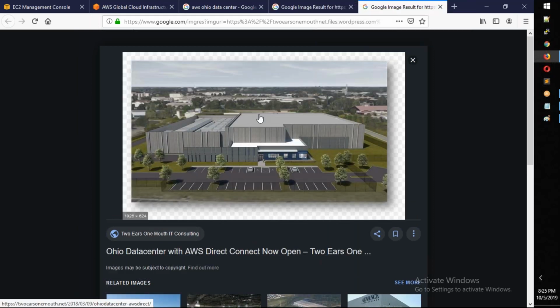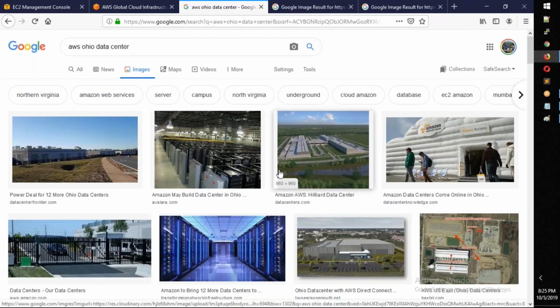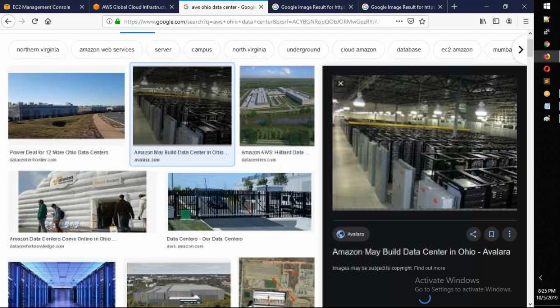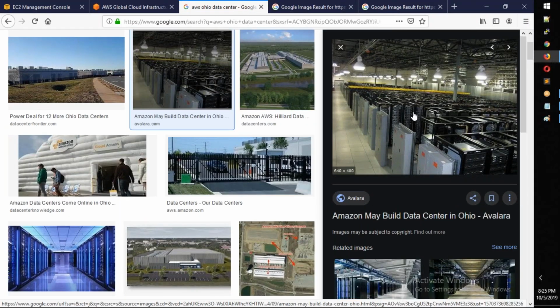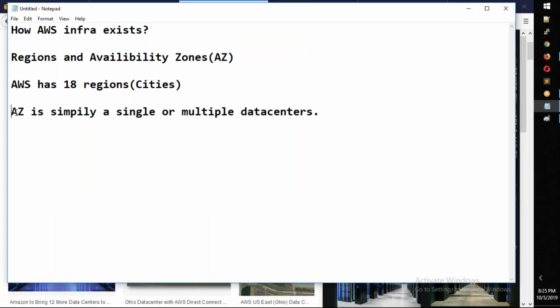Okay, so it is a big building like this. So what exactly does the building contain? It contains a lot of racks, something like this. See this, you have hundreds of racks filled with thousands of servers. Okay, so simply put, availability zone or AZ is a single or multiple